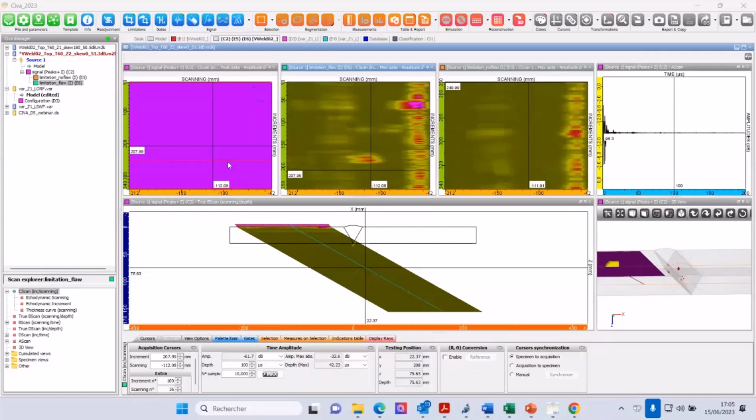For example, I took as a reference the backwall echo, but it can be the side drilled hole. You will run one simulation and one experimental data on one side drilled hole. You will say, this is my 0 dB, and you will see behind the dB you have some values in points, and you will adjust and normalize the result and then apply it to all the data.